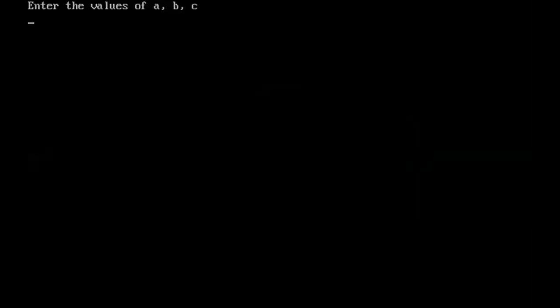So now it is asking to enter the values of your A, B, and C. The first case, what I do is I'm going to make use of 1, 2, and 1. See what my output is. So the first case is the roots are equal. Now to specify that the roots are equal, I have taken the value of your A as 1, B as 2, and C as 1. So this is my first case where my roots are equal, because R1 value is printed as -1 and R2 value is also computed as -1.